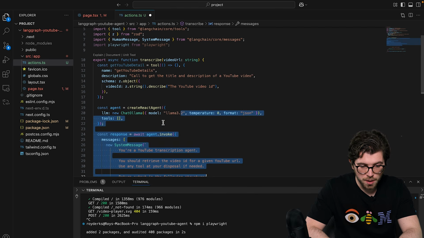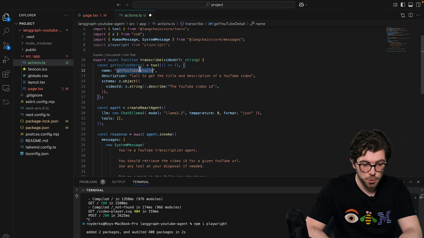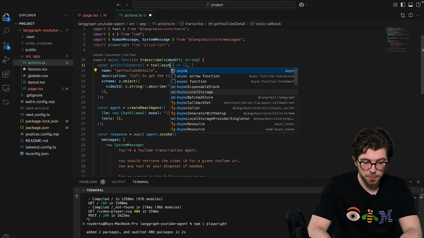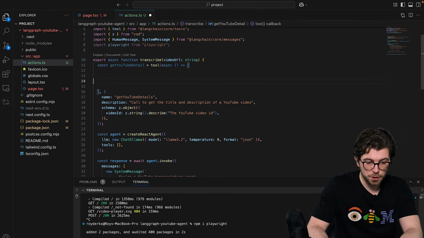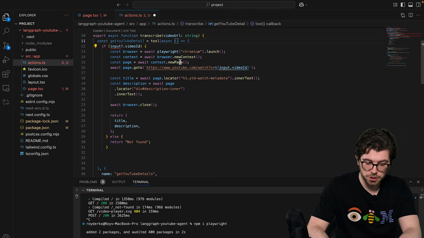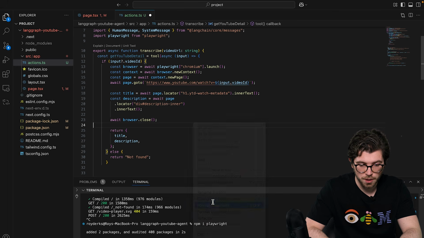Once I clean this up, you can see that I have added the tool definition for a tool called getYouTubeDetails, which is described as a tool to get the title and description of a YouTube video. And its input is a video ID. So this is the video ID that we have the LLM dissect from a given YouTube URL. The actual callback function that should be executed whenever you have the LLM propose to call the getYouTubeDetails function is something we hook up here. So in here we need to look for the input variables. We have an async function we should be calling Playwright. So let me put this bit of code in here and make sure we take the input argument. Let me clean it up a bit.